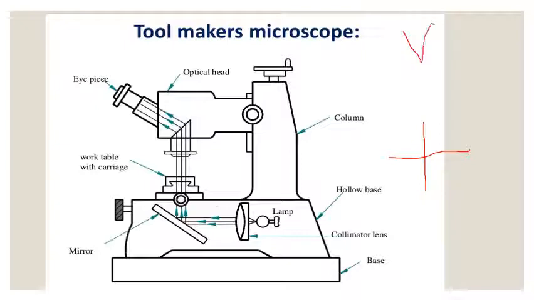So with the help of the table, we can determine any length or distance, either in the x direction or the y direction. Whereas with the angular scale connected to the eyepiece, we can calculate the angle between two desired lines, or the two edges of a given component. So in case of the thread, if I take an example here,